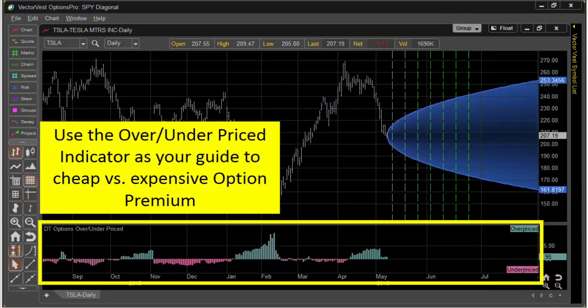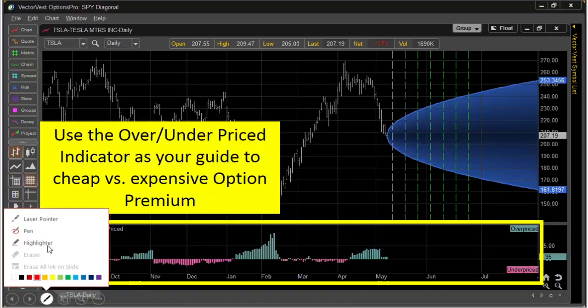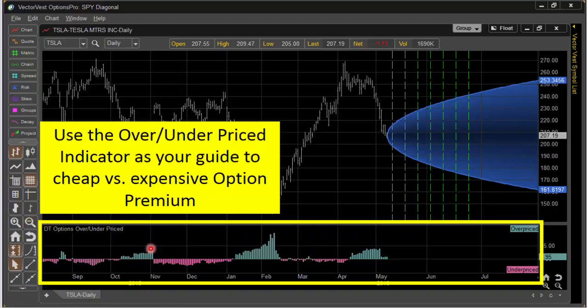The root of the concept is this. When implied volatility is greater than historic, options tend to be expensive. On the histogram or on the graph that you see down here, let me get out my laser pointer, when the implied volatility is greater than historic, it gets up into this cyan color and it gets up to this area where it's overpriced. If implied volatility falls below historical, it gets down here to where it's in rose color